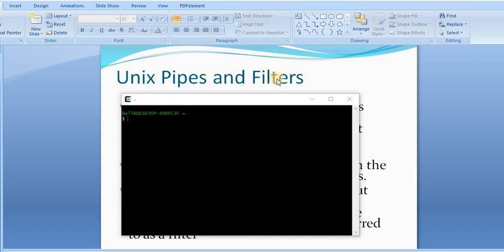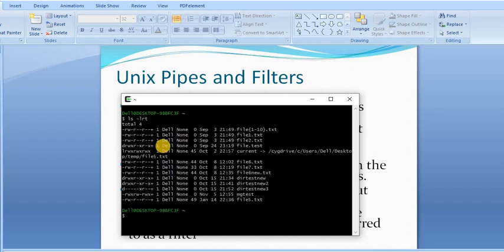So pipes are used to connect two commands together so that the output from one program becomes the input of the next program. Two or more commands connected in this way form a pipe. Okay, so let me explain that to you. How and what did I say? So for example,